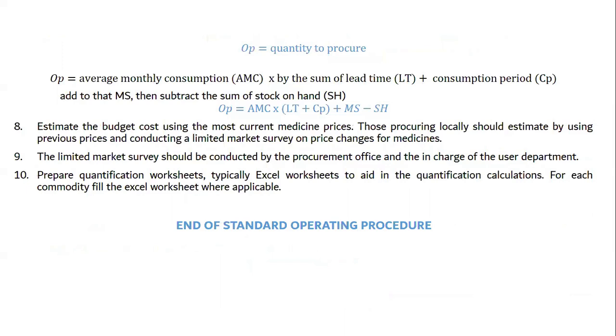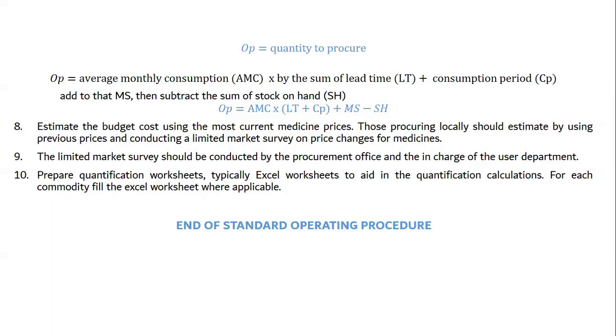Okay. So for budgetary cost, you estimate the budget cost using the most current medicine prices. It's always good to refer to the current prices to avoid errors from using old price codes. Procuring locally, you can estimate by using previous prices, which is not always safe, or conduct a market survey on price changes for medicines, which will give you an accurate or the right cost at that moment. If you're doing a market survey,